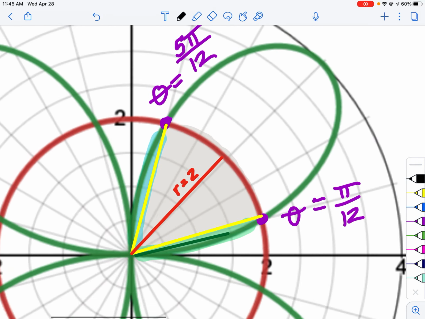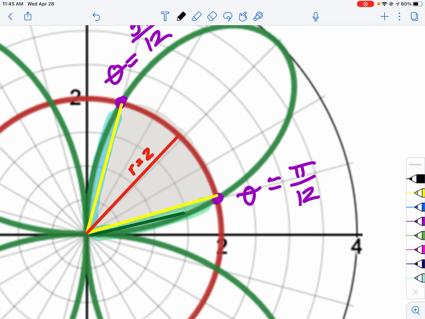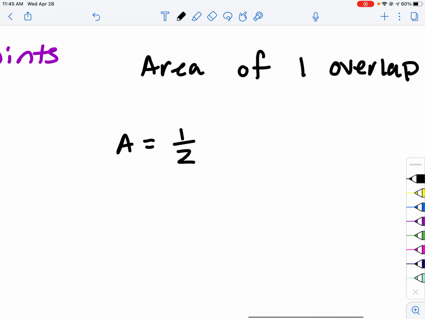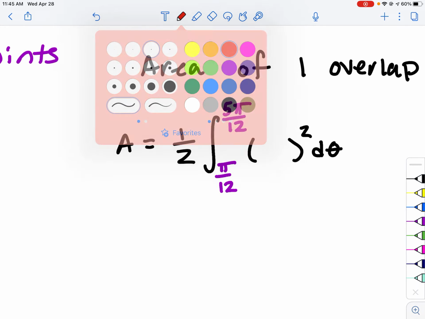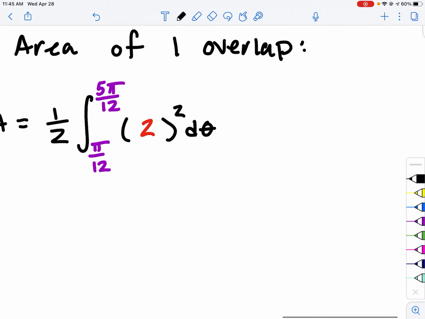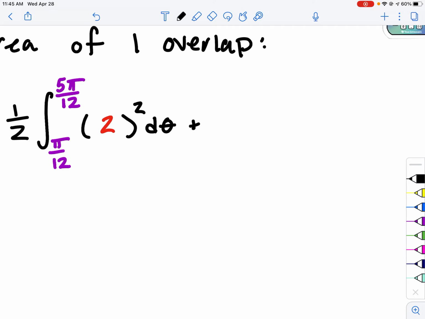Now I'm going to do the triangle part first, like with the red curve, so the middle part, the gray part. That's going to be 1/2 from pi over 12 to 5 pi over 12, our intersection points, of my radius squared. So in that case, I am using the r equals 2 equation, and then I'm going to add that to 2